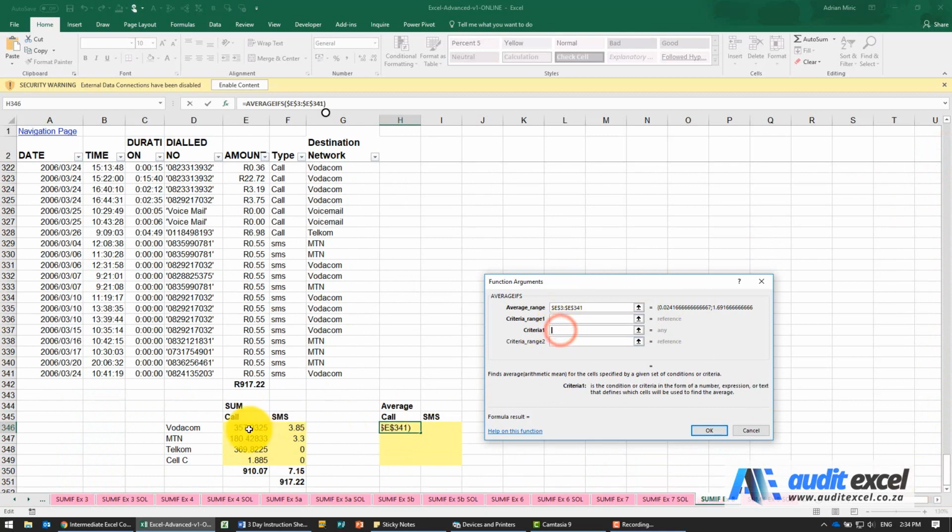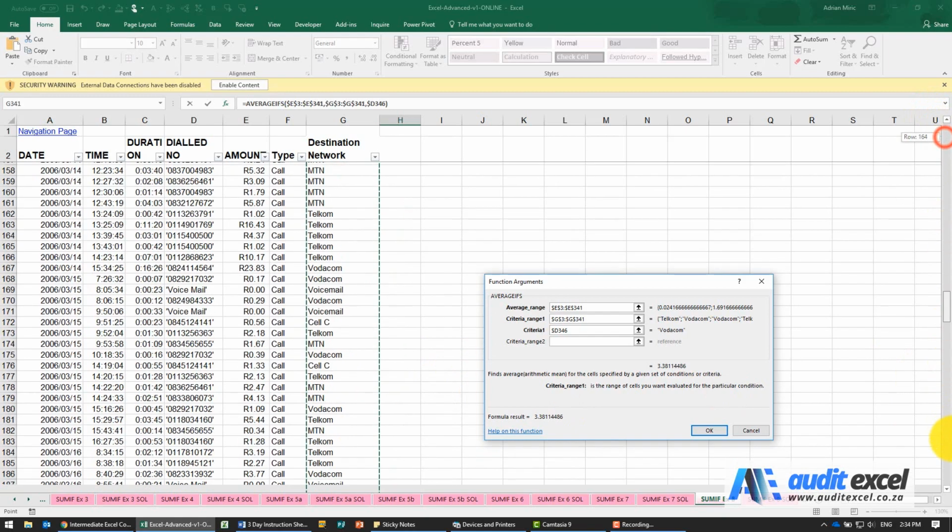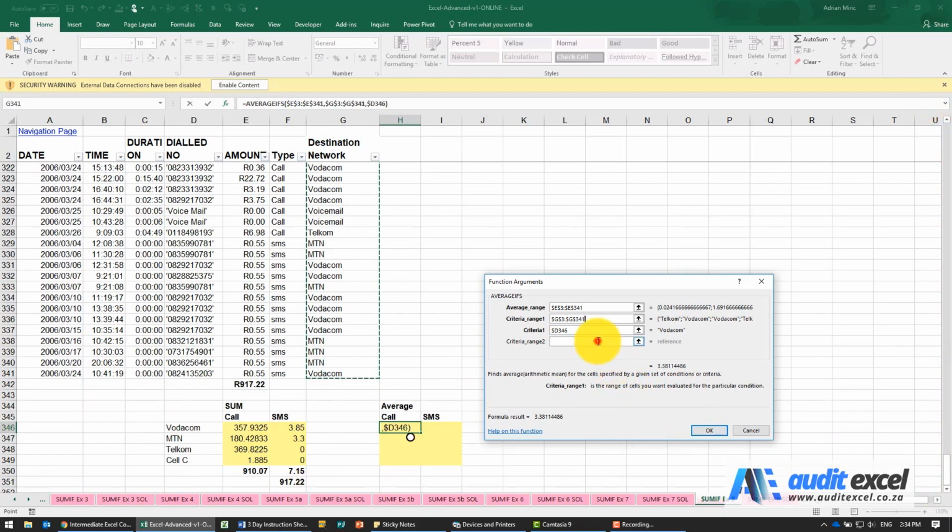The criteria, we're going to say we want to look over there, and based on our knowledge from before, I'm going to put a dollar sign on the D. Where must it look for it? Here in the destination network, we can put dollar signs everywhere. And the second one, the criteria is going to be up here, and I know that I need a dollar sign on the row number. Where must it look for it? It must look for it here on the top.